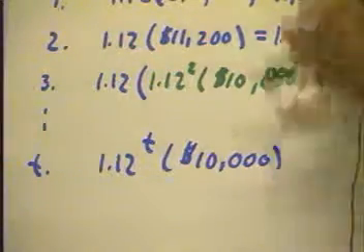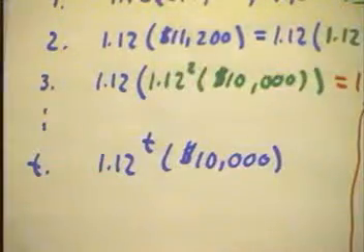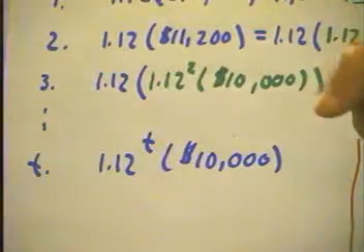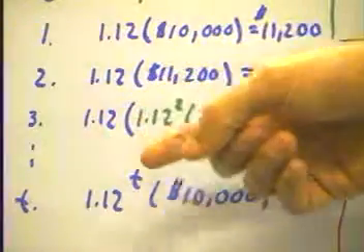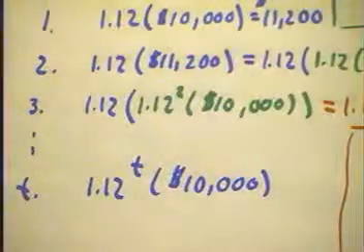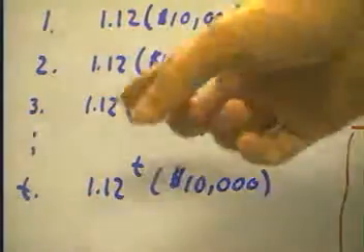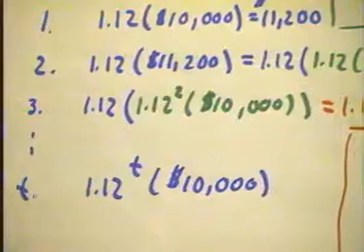Having seen how every year we multiply the principal by 1.12, so that over a period of 3 years we multiply by 1.12 3 times, and after t years we will have multiplied by 1.12 t times, and saying that we have 1.12 to the t times our original principal at the end of t years,